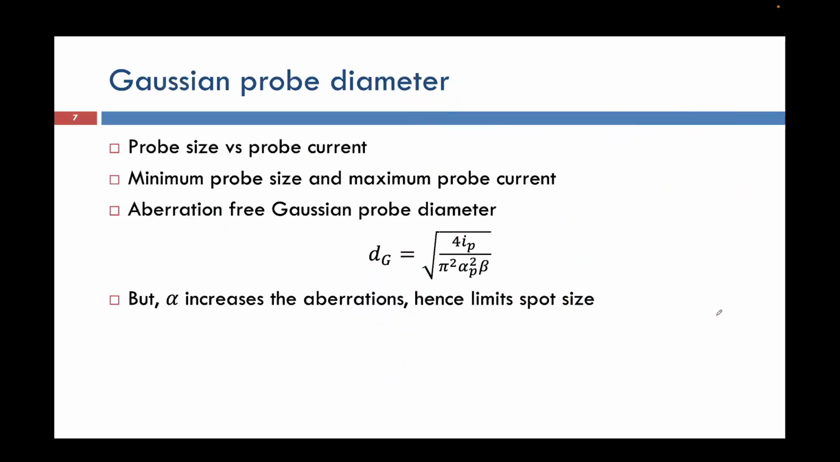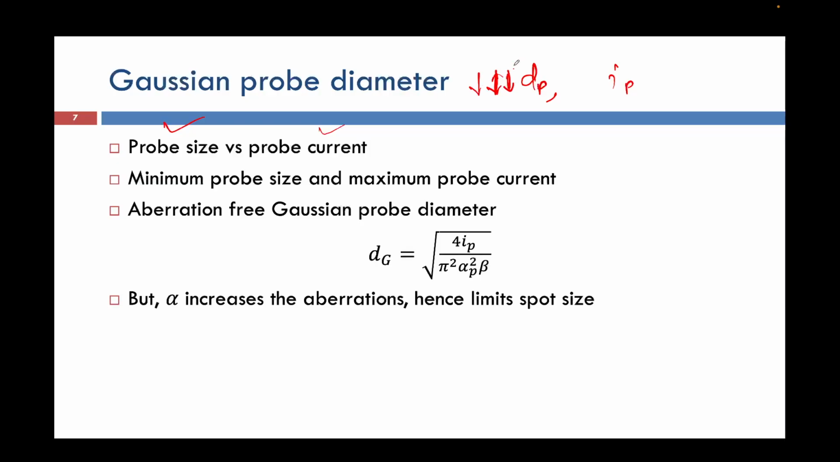So now coming to a term called Gaussian probe diameter. This Gaussian probe diameter is nothing but the probe size on the surface that we want to minimize. Why do we want to minimize? There are two terms, one is probe size, another one is probe current. The probe size is given by dp, probe current is given by Ip. We always want minimum